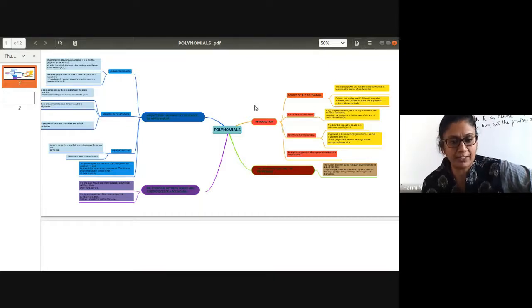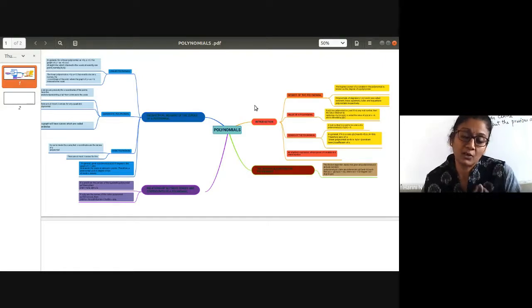Make it a point to complete the concept map for all the chapters. I'll be doing this in the beginning of the chapter. At least when I finish the chapter, you should know how to build your concept map, because that is complete learning. It gives the interlink between the various sub-concepts in a given chapter, and it also links it with your previous knowledge. So you must have this. This is a very, very useful tool, I should say. All right, so I think I'll stop share here and come back to my screen.